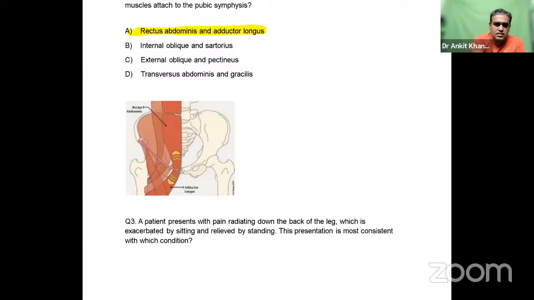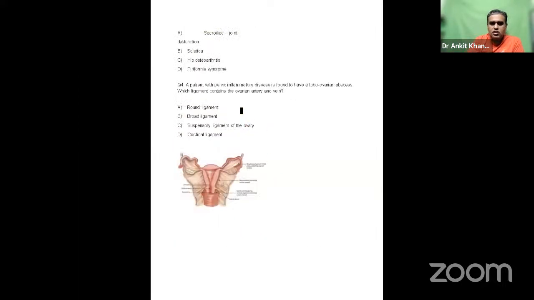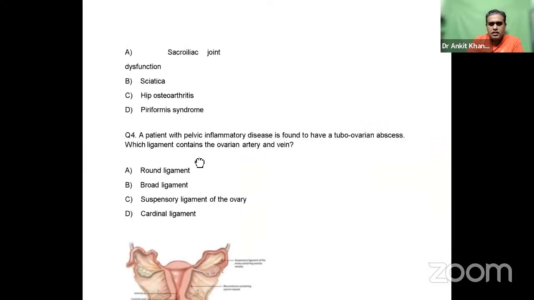Now, the presentation is most consistent with which condition? Okay, let us see the options over here. Sacroiliac joint dysfunction, sciatica is the answer. Hip osteoarthritis, piriformis. Piriformis syndrome. See, piriformis syndrome,